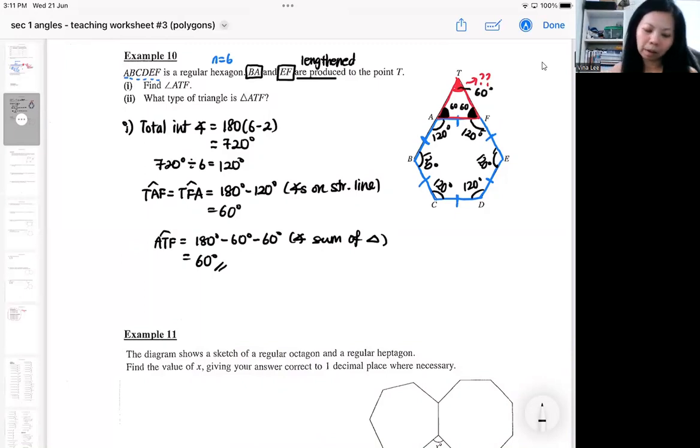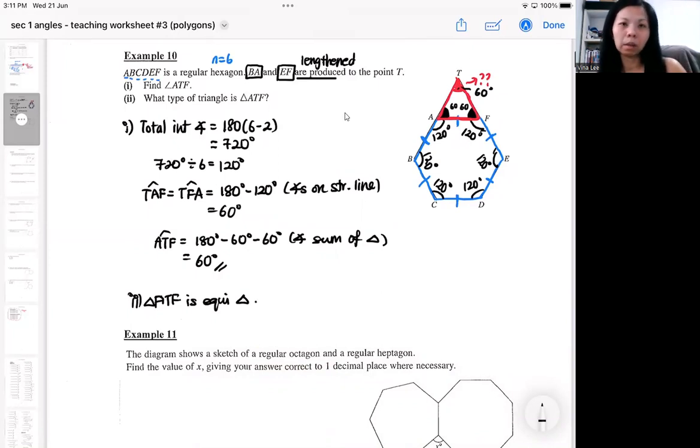Then eventually the last part, what type of triangle is ATF? So you observe the triangle here. All the angles are the same. So the type of triangle where we describe all the angles are the same will be an equilateral triangle. So triangle ATF is an equilateral triangle. Okay, so that is the thing that you will need to process the information, indicate for regular polygons, and you